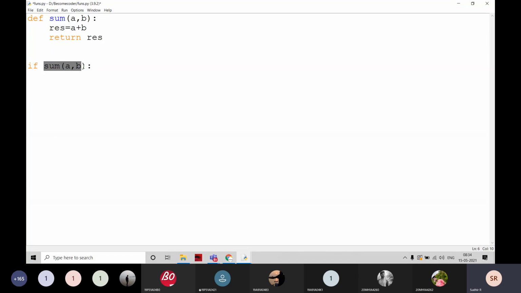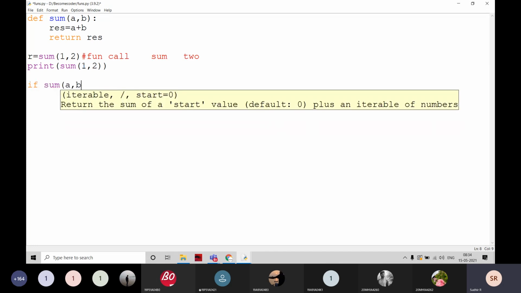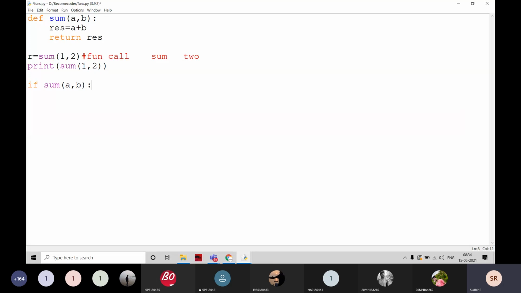And if it is assigned to any variable, or directly printed using a print statement, or used as a condition of an if or while, then it also contains the return value.